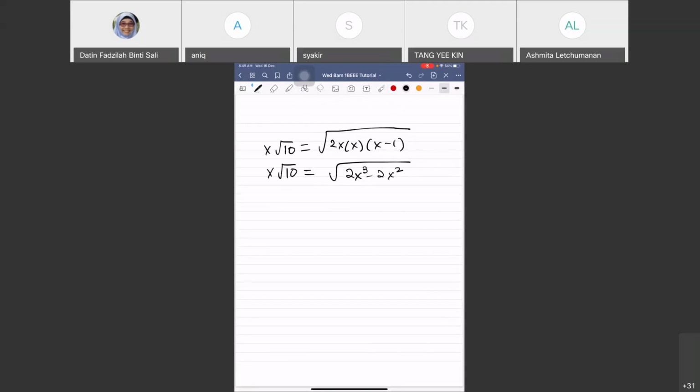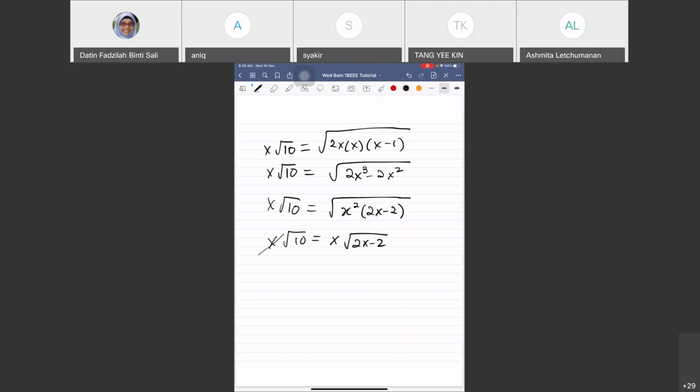Okay, and then what did you do? I factorize the x out to the right hand side. I factorize x square. That means x square root 10 equals x square, then 2x minus 2. And then the x square goes up again to x, right? Then I use 10 equals x minus 2 method. Okay, so that means